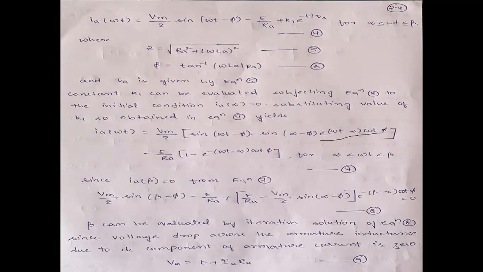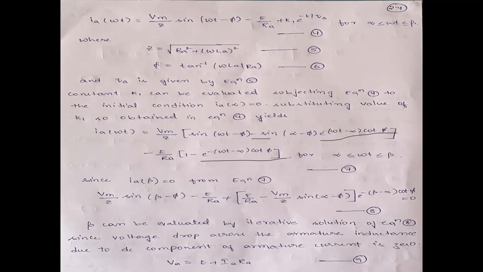This one and this one is taken out common. So before taking out common, what we get: e by Ra minus, this is the minus value here, minus Vm by Z sine alpha minus phi. Okay, so this becomes the 8th equation, and beta can be evaluated by